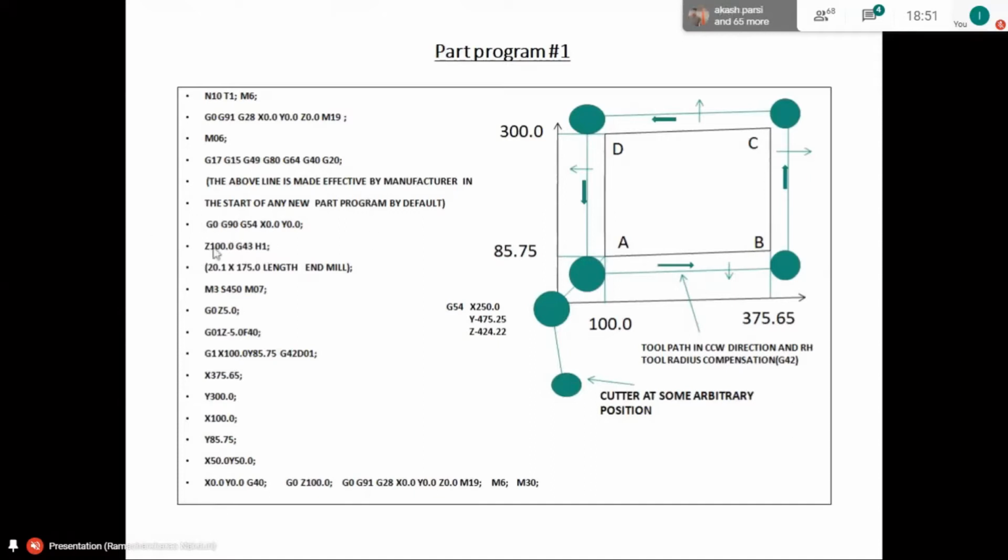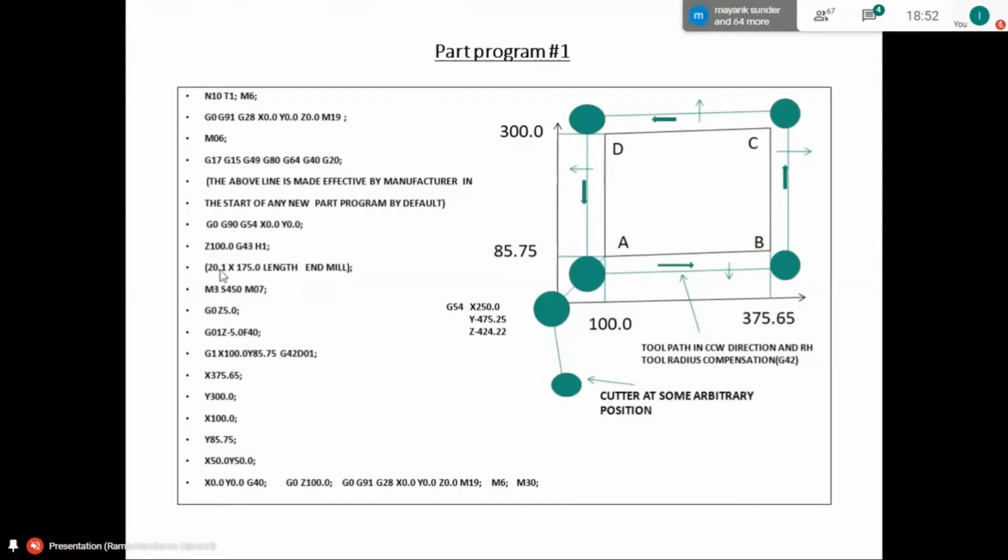means I want to stop the tip of the tool at a distance of 100 mm from the front face of the workpiece. Okay, I just want to avoid collisions, so I am keeping it away from the workpiece. I will not go nearer to the workpiece because if there is any rapid traverse, it may collide with the workpiece and the tool or the work may get damaged.